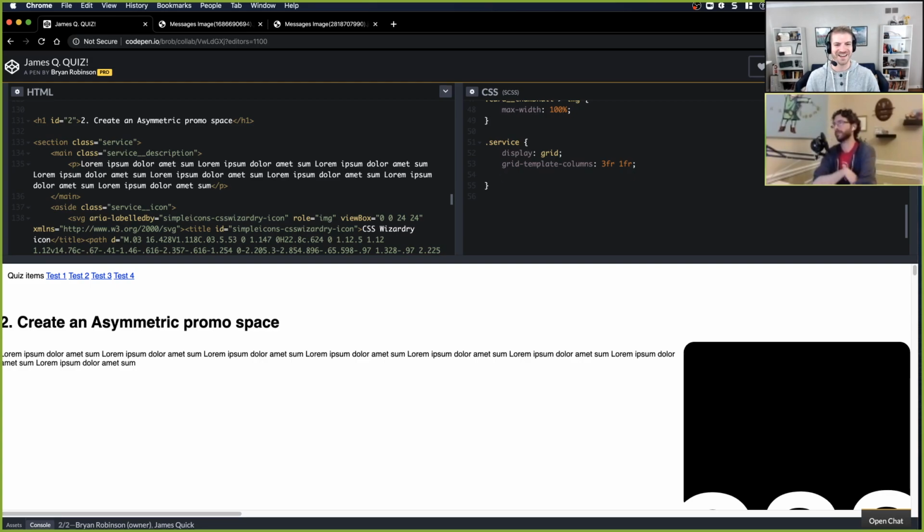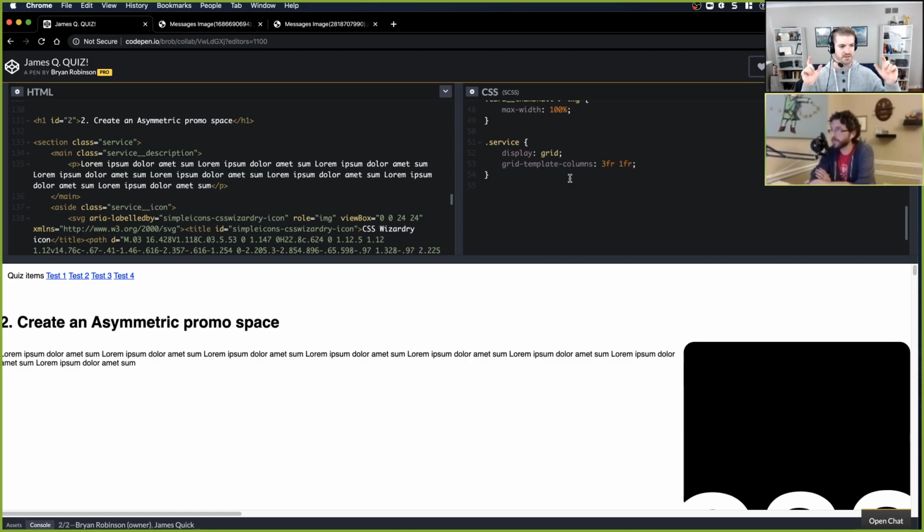All right. So the next part of this would be the rows. The implicit grid will, even if I don't define a second row, because there are more than 2 items, fill out the 2 items. It'll wrap the next one down to a new row. I think this is true, and we'll see here in a second. I'm not going to define any rows. I assume the second row will have the same column definition as the first. I'm actually pretty confident that's true, so it'll do what we want. You should be confident. That's exactly what happens. Cool. Sweet. So is there anything else I need to do on the actual service itself?